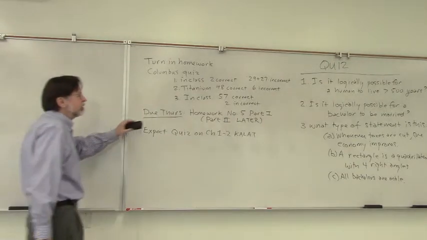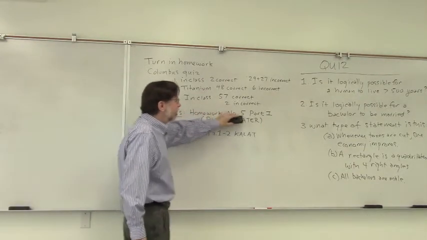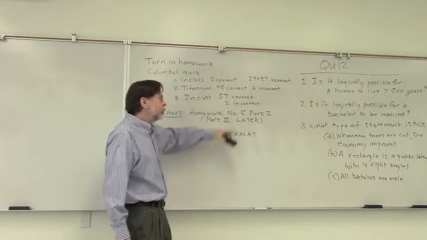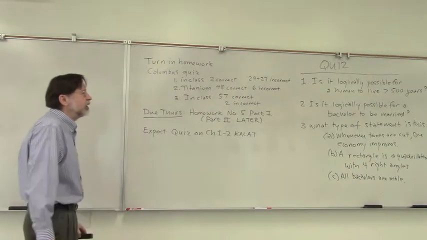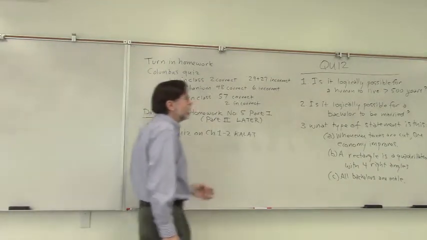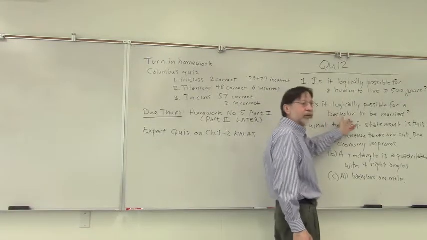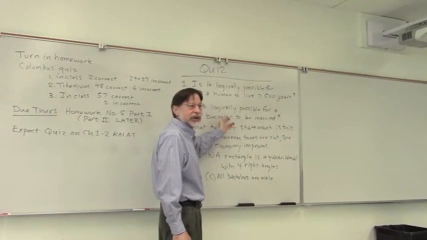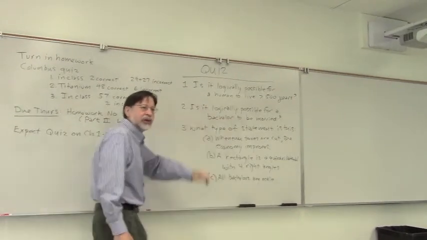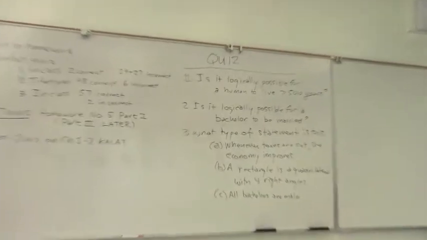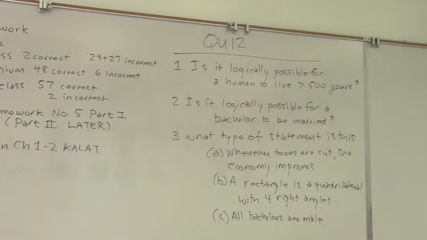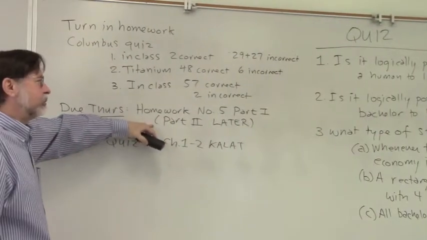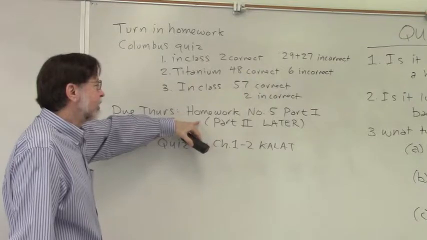The next homework is homework number 5, part 1. I'll assign part 2 later. You'll find part 1 and part 2. Do part 1 now, which is to define and give original examples. So for example, I talked about a definition of bachelor, and so you're going to define what a definition is and then give an original example. So you'll define something else. The example I gave you was a bachelor. You should give a definition of something, and so on. So examples of, well, we'll go over a few examples right here.